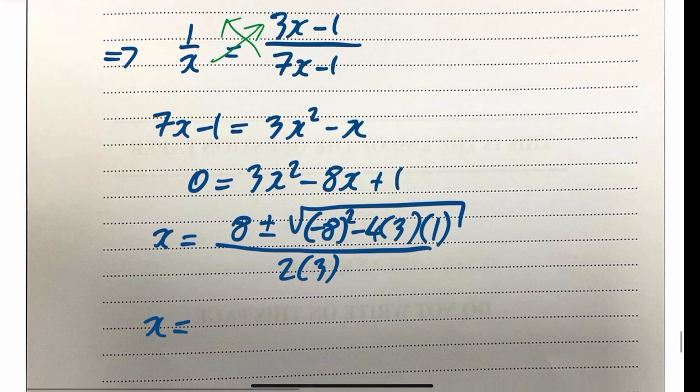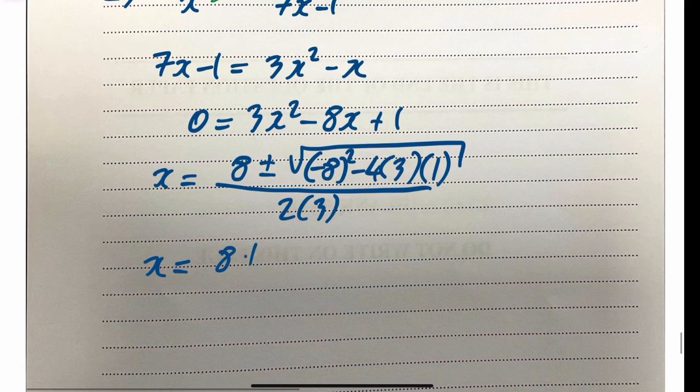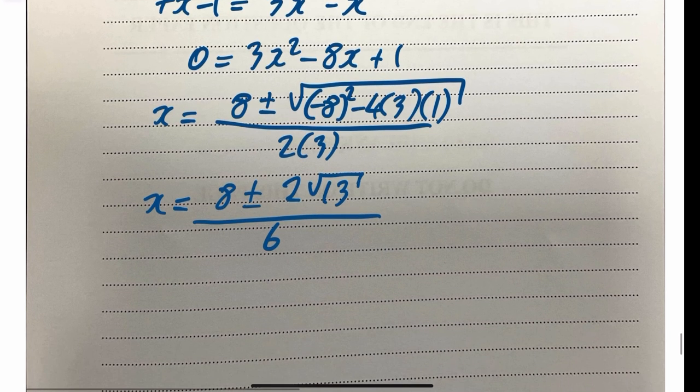That needs a bit of tidying up there. So that's going to be 8 plus or minus the square root of that thing. If you put that into your calculator, you'll get 2 root 13. And then that is divided by 6. And then again, that tallies up to be 4 plus or minus root of 13 divided by 3. And that is